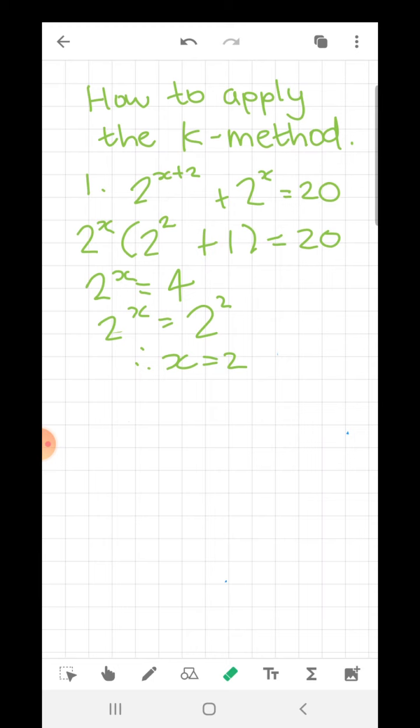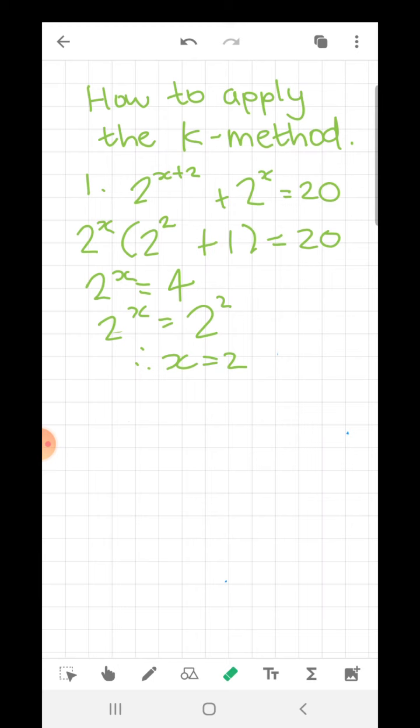Okay, so in this example, the traditional way would just be to take out what is common, which is 2 to the power of x, which means we're going to be left with 2 to the power of 2 plus 1 in our brackets, which simplifies to 5. Divide by 5 on both sides, which means we'll have 4 on the right-hand side. And then, remember, you cannot